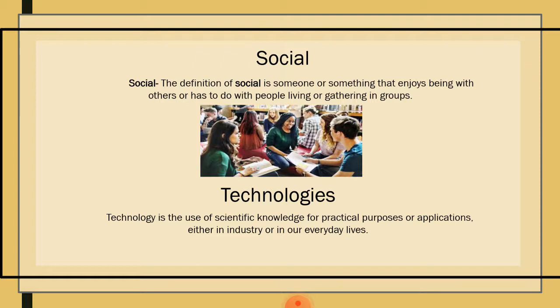Social technologies. Social technologies is a combination of two words: social and technologies. So, first, what is social? Social, based on what I've searched and found on Google, the definition of social is someone or something that enjoys being with others or has to do with people living or gathering in groups. In other words, or to understand it better, social